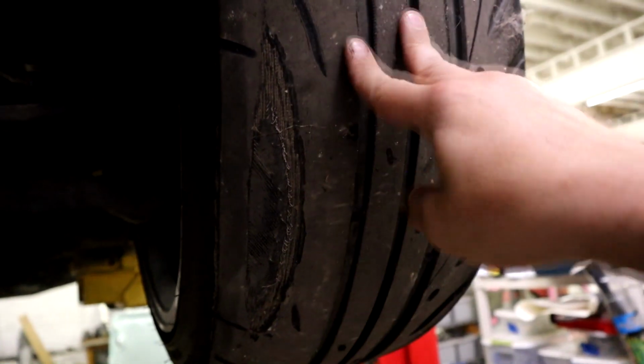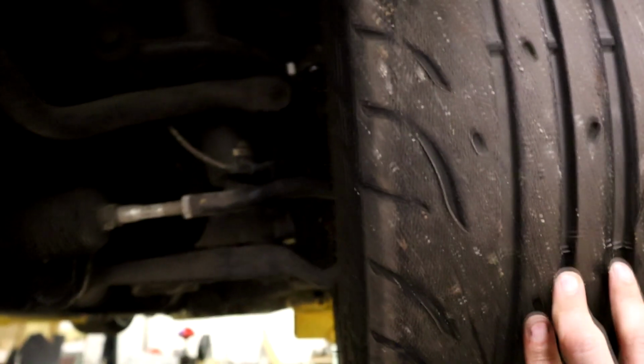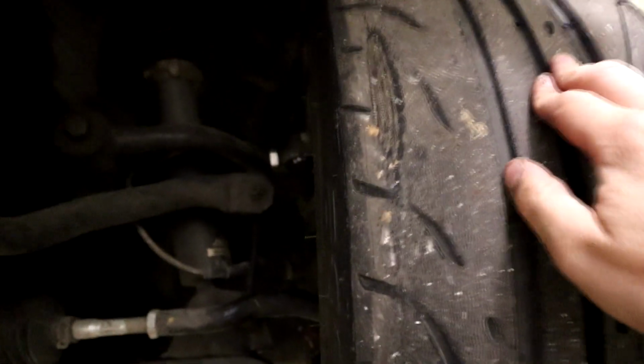Oops. I knew I had some flat spots on these tires from Grid Life. This one's pretty bad. So there's a spot right there, which I knew there was a flat spot, like I said. There's another spot right here. Yep. So I got in contact with my guy over at Tire Streets,